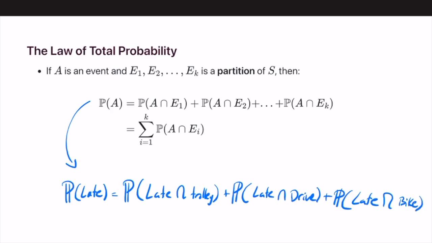In this case, our A is late, that's the event, and the partition of our sample space